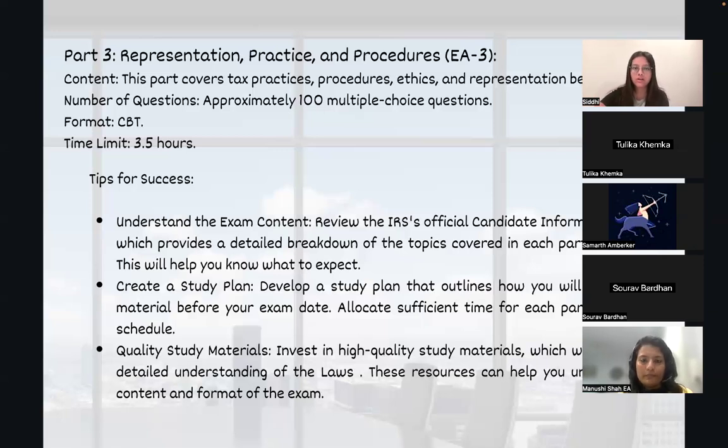Once you receive your PTIN, based on your PTIN number, you can book your exams on the Prometric site. In Prometric, you have to create a login using your PTIN. But make sure while creating it, you are very, very careful. The name should exactly match your passport, because at the exam center, they will match your Prometric appointment letter with your passport. If anything is missing or misplaced, they will not allow you to appear. While creating the Prometric account, you can connect with me or maybe Manushi if I'm not available, and we will help you with that.